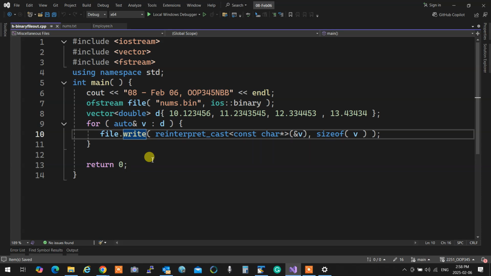That's stupid. If I had an array of 50 integers, I would simply give the address of the beginning of the array, and size of would be size of an integer multiplied by 50. And I would write everything in one shot. Why go through a loop, right? So again, remember, write writes from the beginning of an address to the size of what you are putting in the memory.